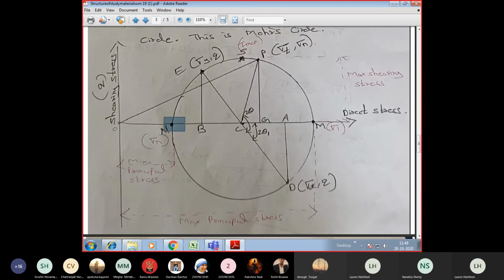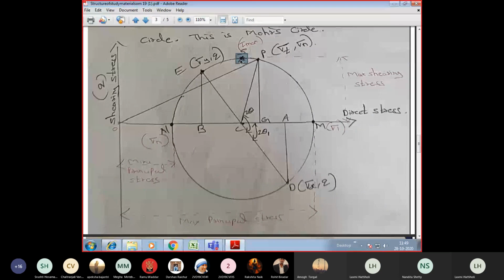And also, can you see this S point here? Of course, I need to take a line here. This S point indicates maximum shearing stress. So if you join S to C, center of the circle, this SC indicates maximum shearing stress. You used to determine it with the help of a formula, right? Instead of using that formula, now in the circle you can determine it by taking a scale. Measure the S to C distance. This will give you maximum shearing stress.